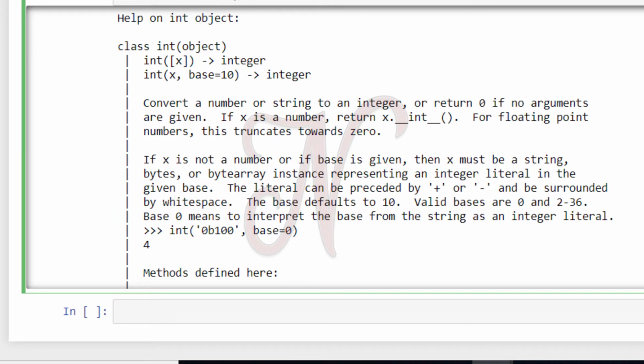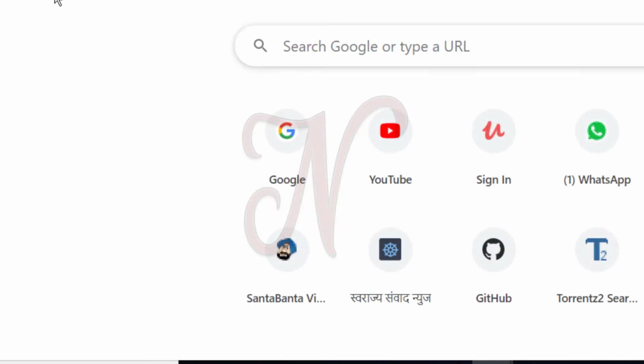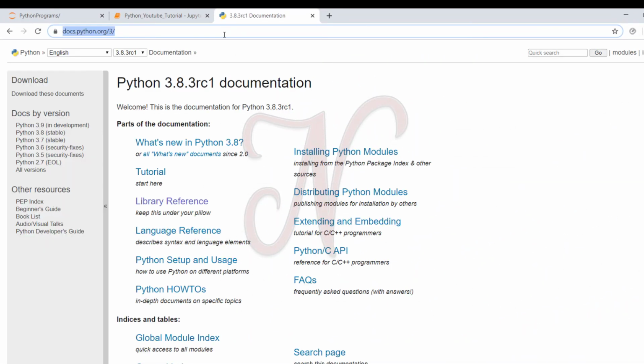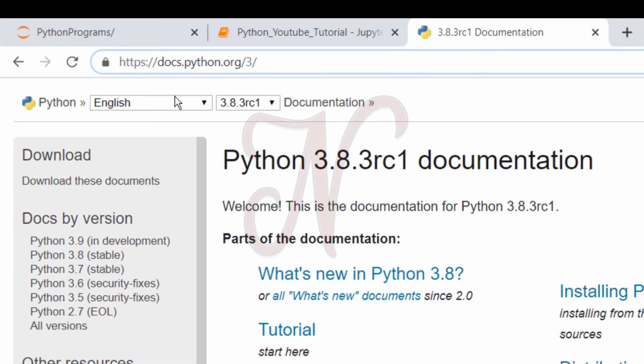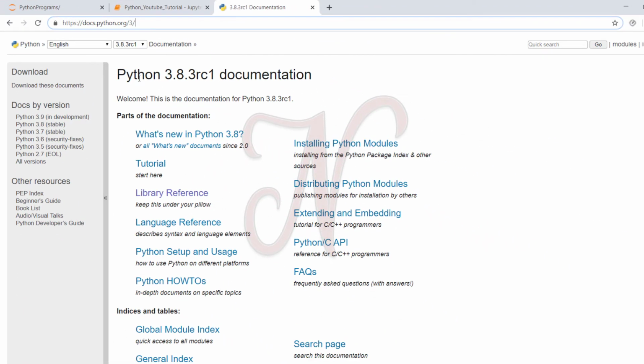If you want to know how many functions are in a library, there is an official website for the Python language. See here, this is the official website, docs.python.org/3/. This is the latest version of Python, and these are some links: the installation link, tutorial link, library reference.